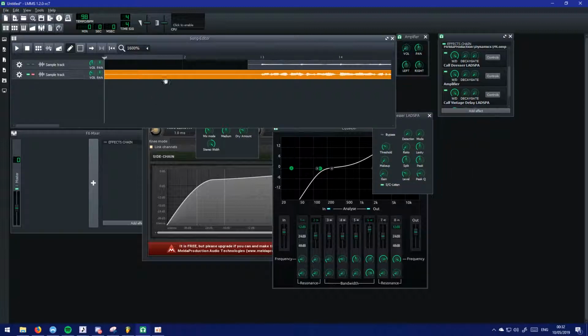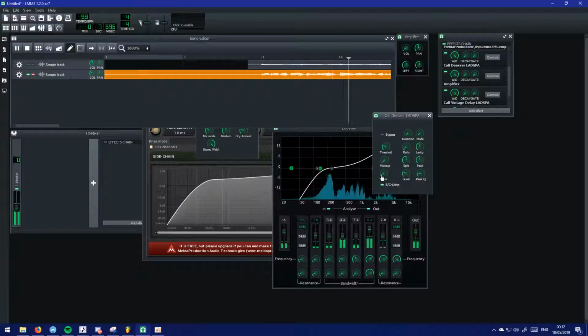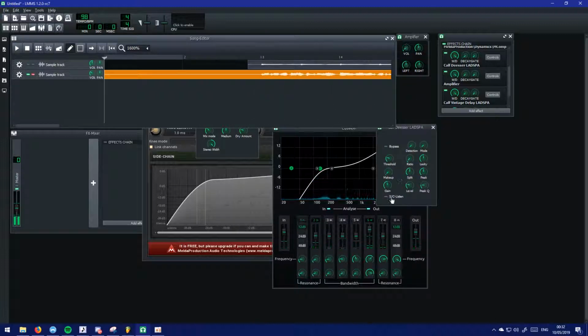So if we solo this. What this tick box here does is let you listen to what it's taking away. And I upped the gain, which made some stuff clip and sound horrible. So